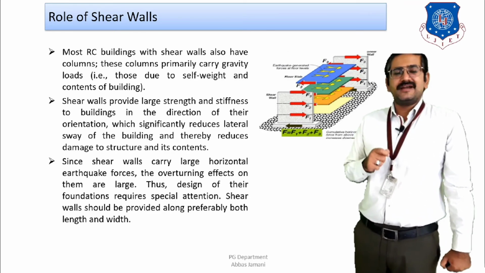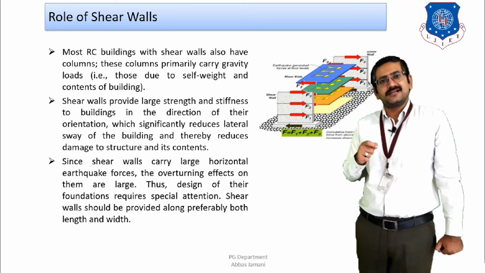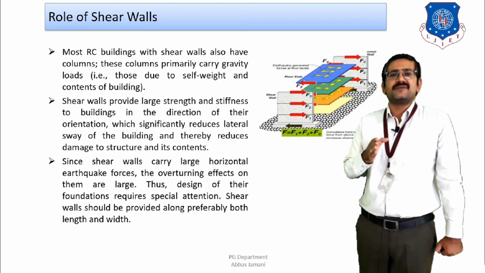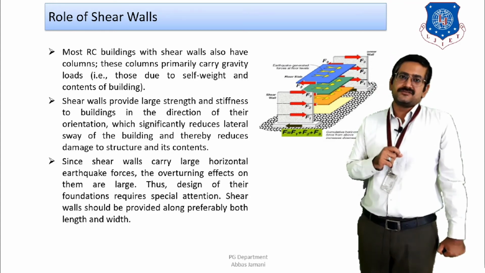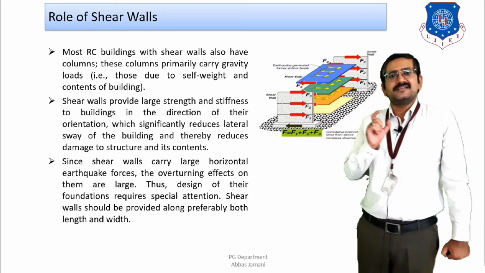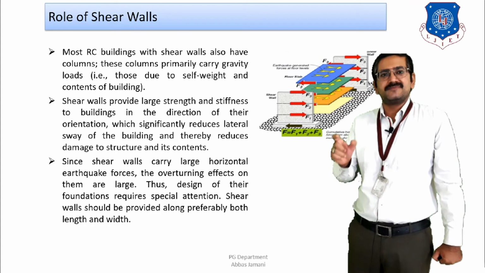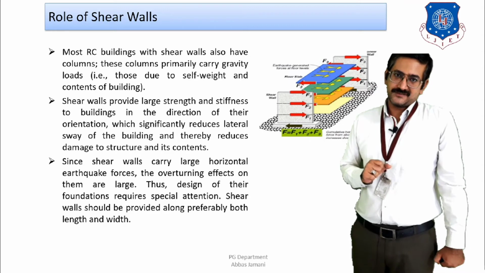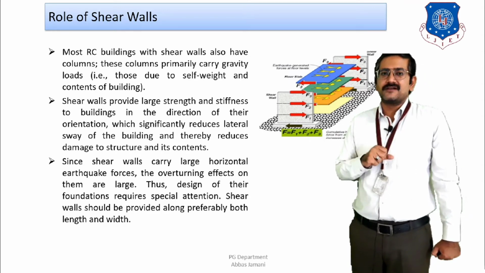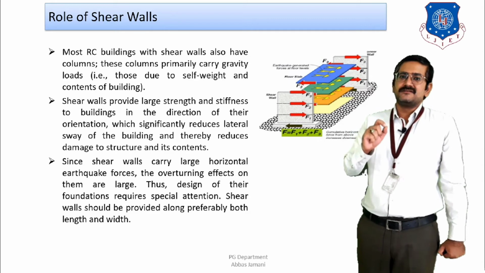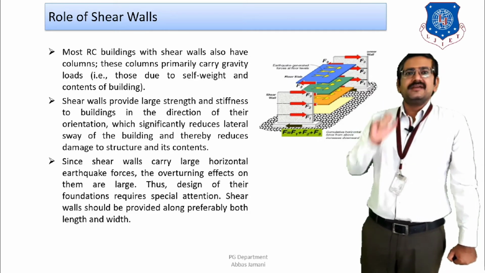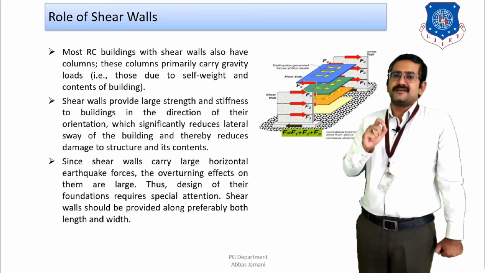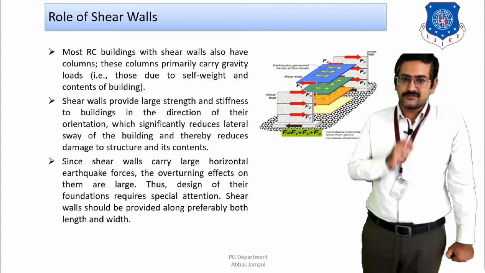Now, when shear walls carry a large amount of lateral force, it is because of the geometry of the shear wall that its stiffness and lateral strength are large. And when the stiffness and strength are large, the displacement is controlled to a great extent, and the wall attracts a large amount of lateral forces. As we have discussed, whenever large lateral forces are present, the element governs the shear design. So for good performance of the shear wall, the shear criteria of the shear wall must be satisfied.